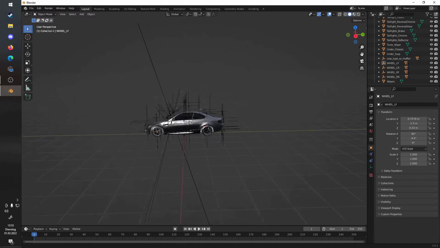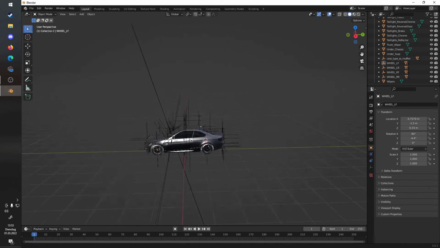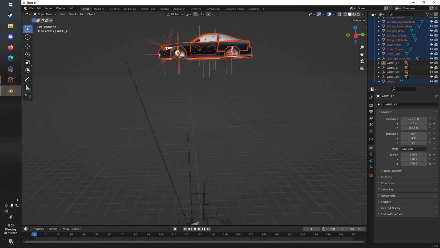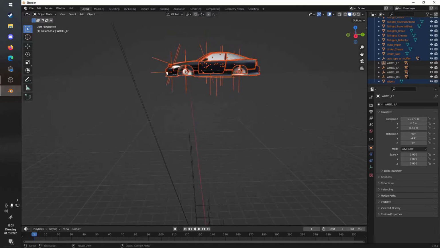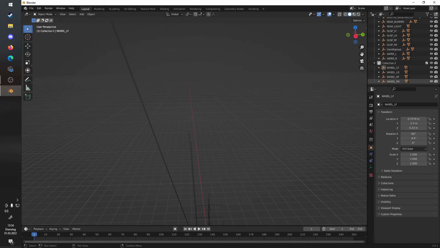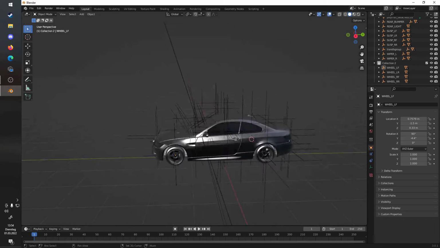Now, before we can go ahead and export, we want to delete all of this up here. So just select it and make sure there's nothing from the BMW selected and hit delete. Now you have to check whether in the collection 2 there's anything else left but the wheel objects. If there is, select and delete it, because we don't want anything from the Nissan to still exist aside from the wheels. Since that is not the case, we can leave it like that and now go on to exporting